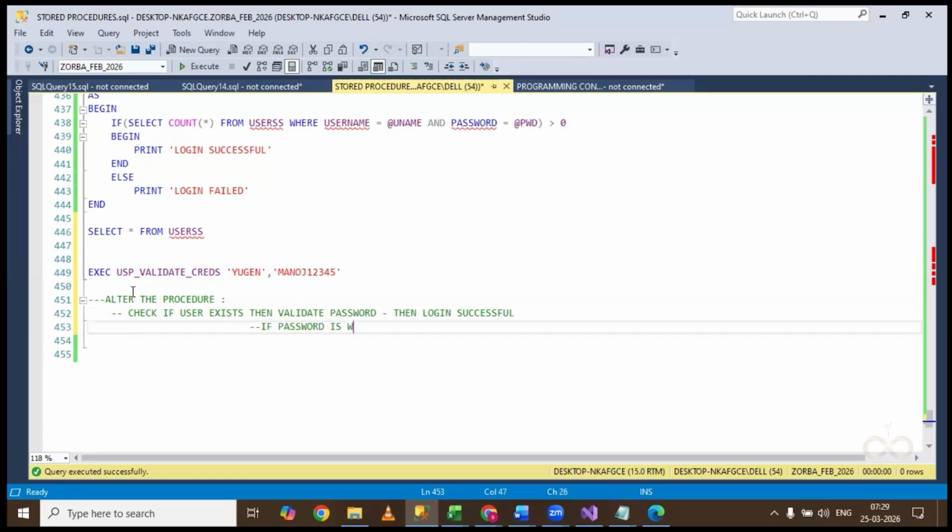If password is wrong, then login fail. Coming back. If user does not exist, it should not go here. If user exists, it has to go. If user does not exist,